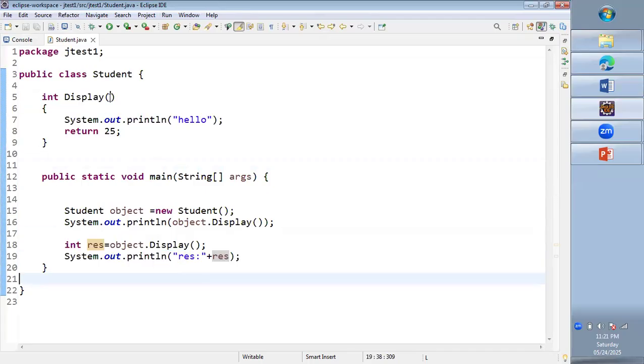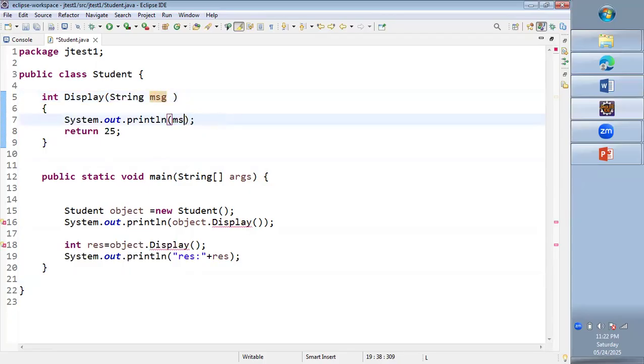Now let's see how to give a parameter also. Now suppose I am writing here int, or let's take String msg, and this msg I want to print. So a String type msg variable. So while calling the method, here you can give the string value. So string or any type of value you can give. And here I'm giving